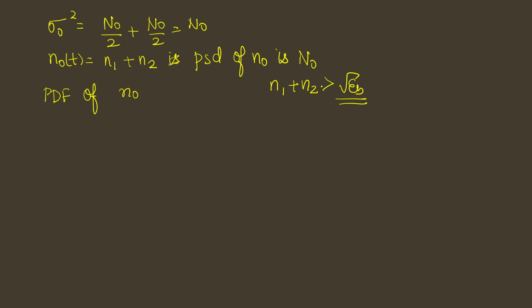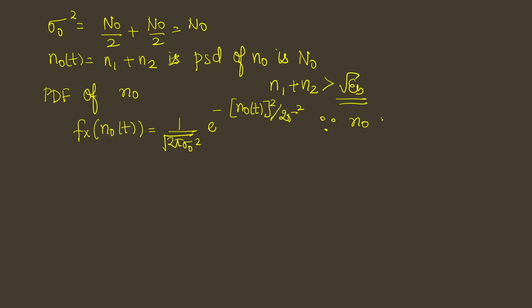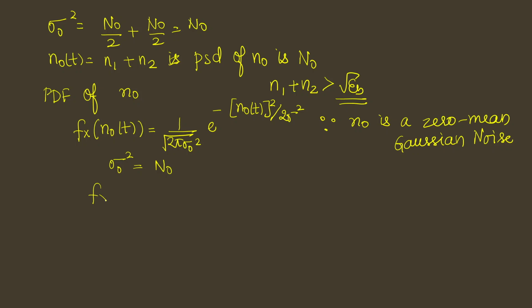So we are going to obtain the error probability expression based on the probability density function of the noise n naught. Let us write this as f of n naught of t. The probability density function is given by 1 over under the root 2 pi sigma naught square into e raised to minus n naught of t whole square divided by 2 sigma square. This is because n naught is a zero mean Gaussian noise. Therefore, the mu term is not there. Substituting sigma naught square equal to N naught, we obtain f of n naught of t